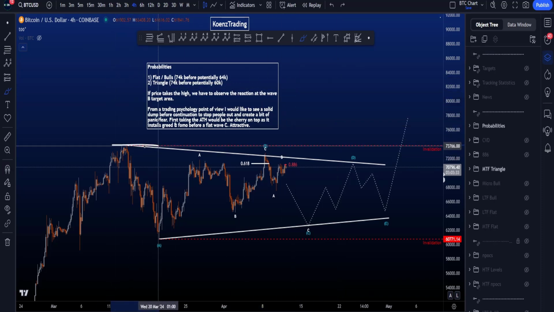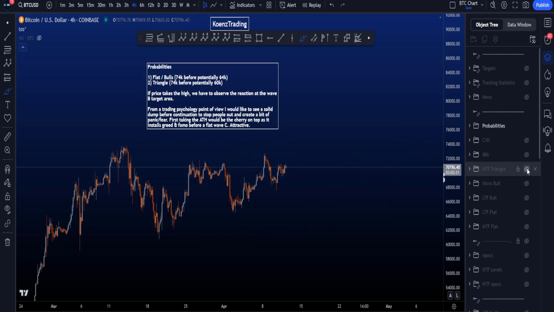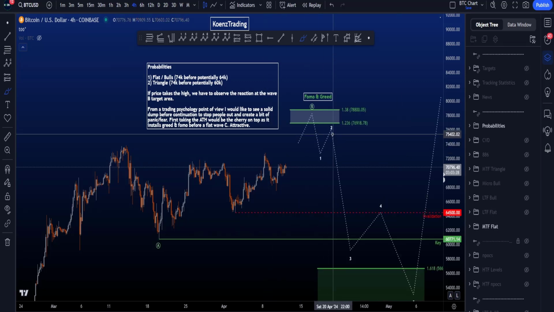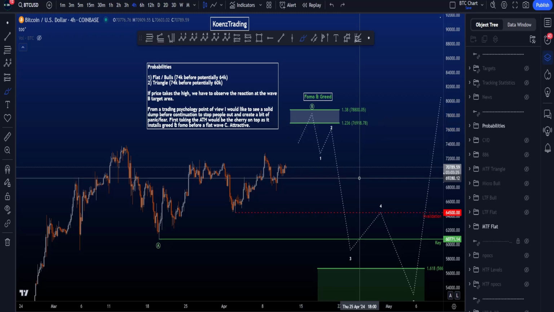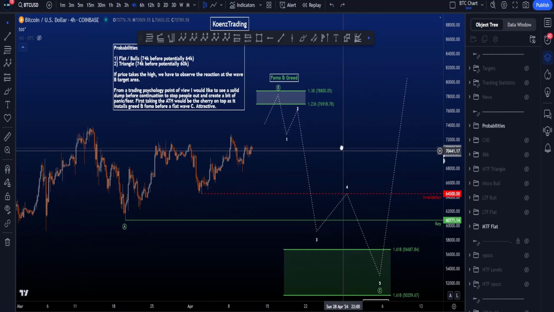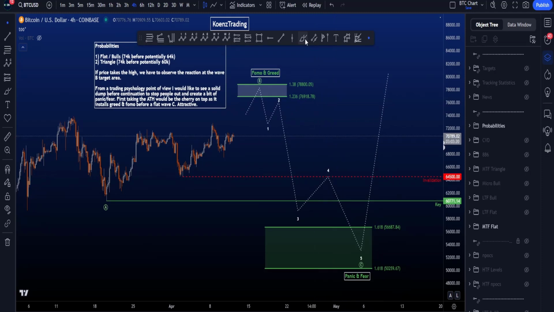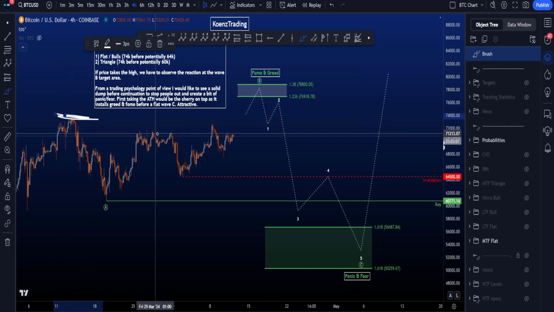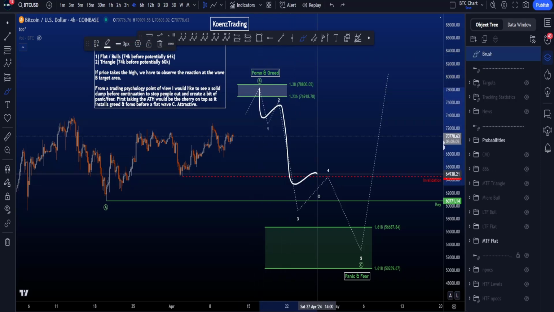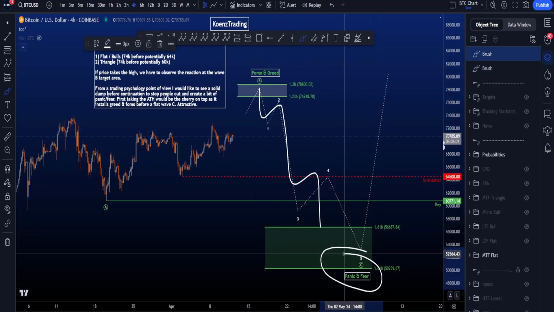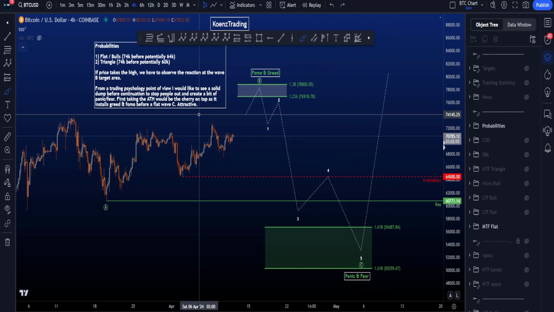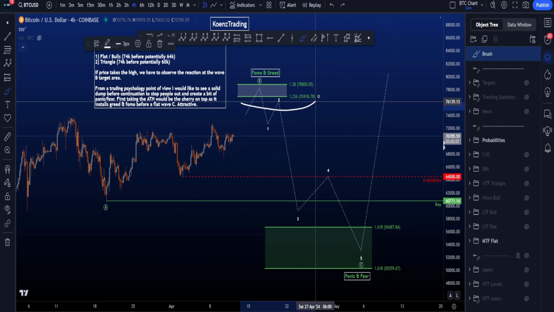If price takes the high over here at 74k, then we have to observe the reaction in the wave B target area. That is going to be very, very important, because from a trading psychology point of view, I would love to see a solid dump before continuation to stop people out and create a bit of panic and fear over here. First take the all-time high. That would be the cherry on the top, right? Greed and FOMO, impulsive, strong move to the downside, creating panic and fear, and then we move it back towards the upside, which is a very attractive scenario, but we need to have proof